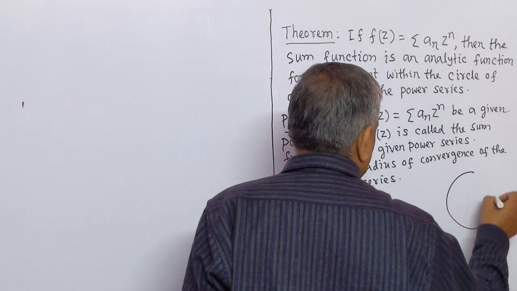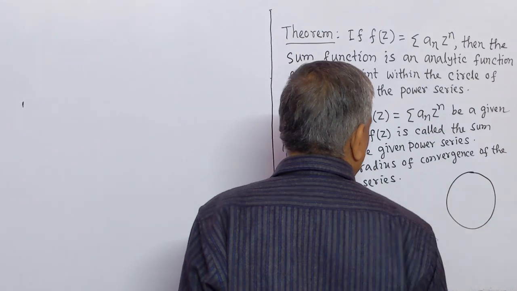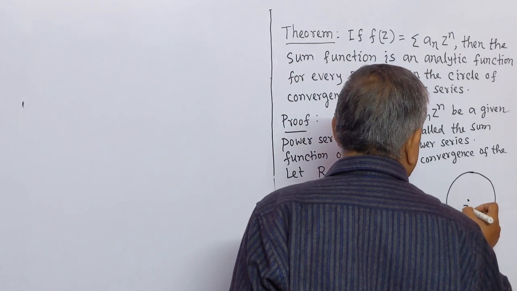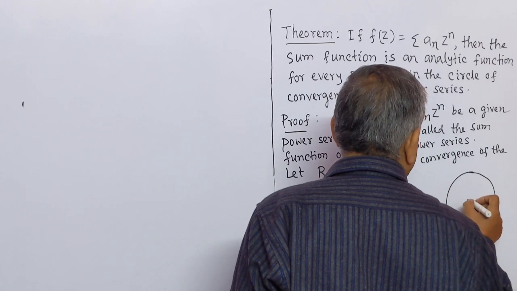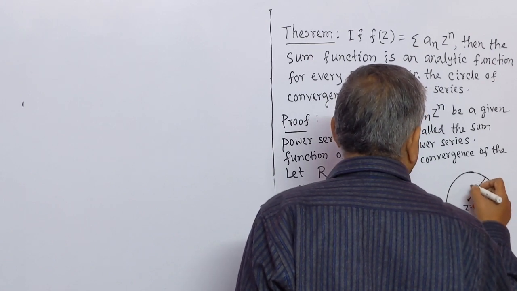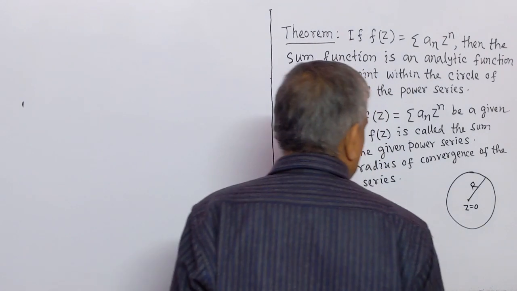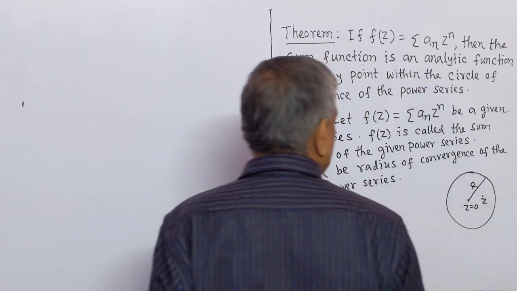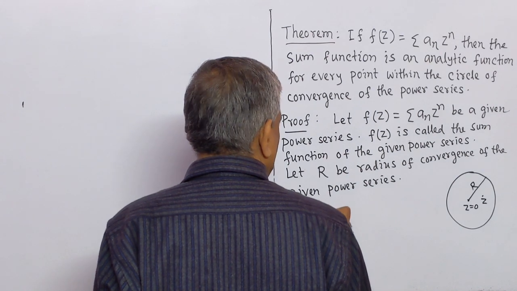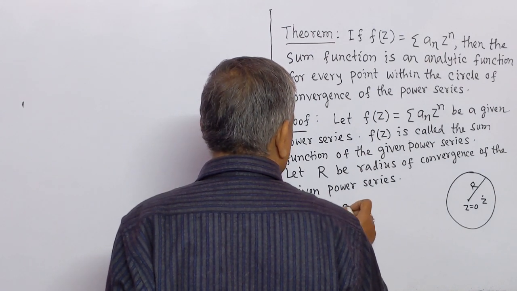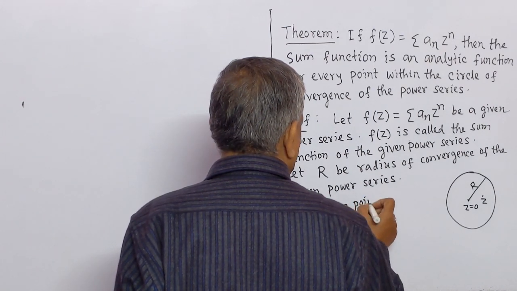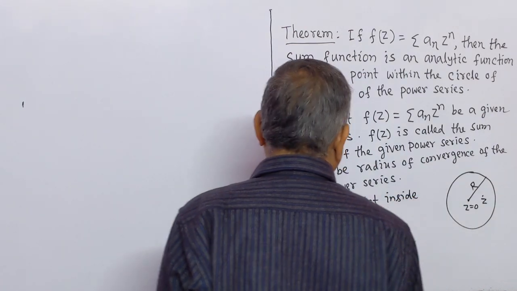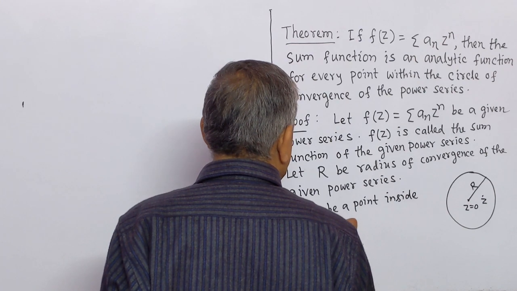Let this be the circle of convergence, center 0 and radius r. Let z be a point inside the circle of convergence,